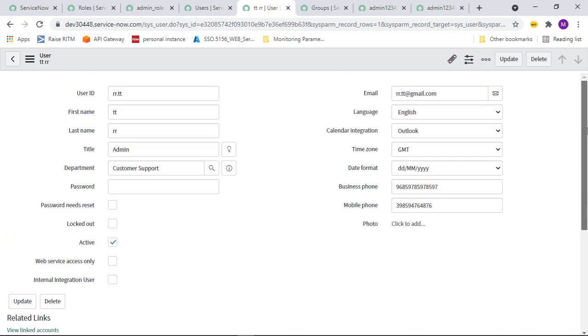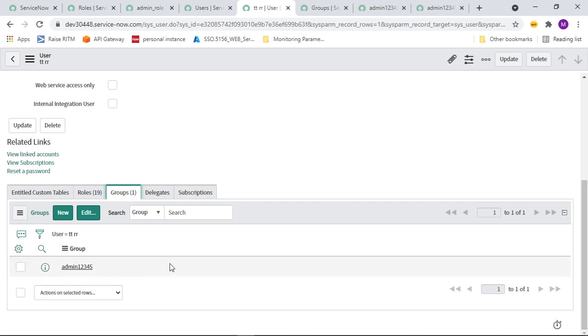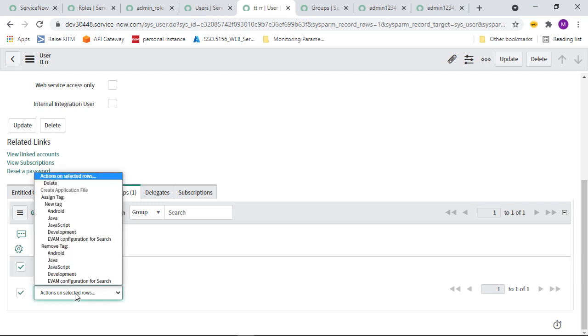Suppose for this user I want to delete all the roles and groups. You can click the checkbox directly and you will see the Delete button, and you can delete from here.